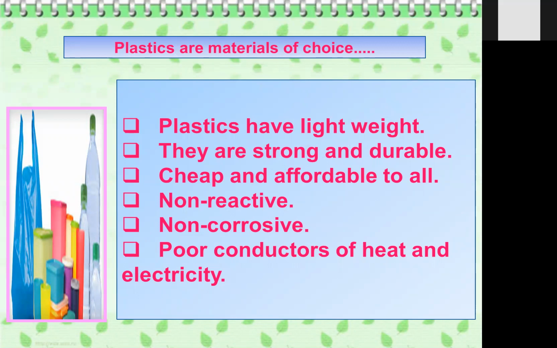That's why we should minimize the production of plastics. Whatever plastic we have, we should reuse it and reduce the use of plastic. But still we see that there are so many uses of plastic. That's why plastic is a part of our life. Although we can't ignore that it is harming the environment because it is non-biodegradable.